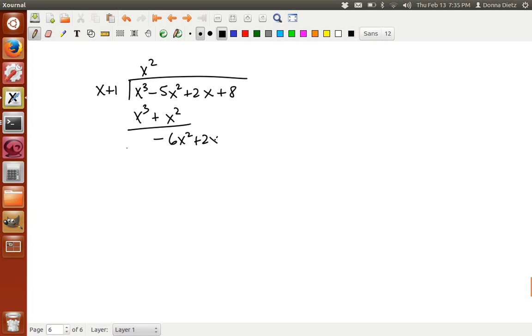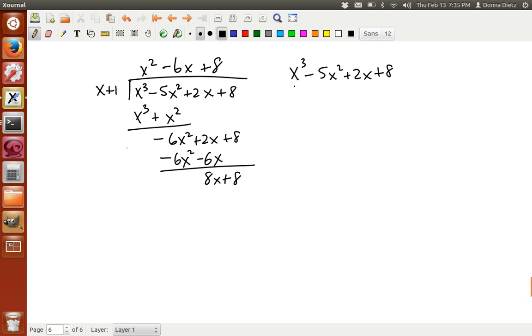This time I'm not changing the sign and adding, I'm just actually subtracting. It was just easier for me to do this time. You can use whichever technique you want, whatever helps, whatever works for you. Okay. Alright, so the thing we started out with, x cubed minus 5x squared plus 2x plus 8 divided by